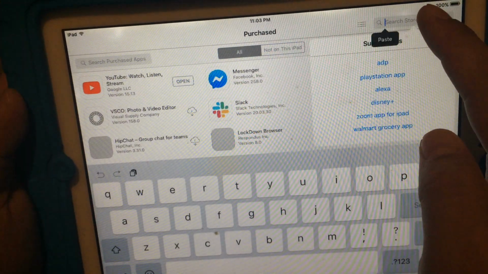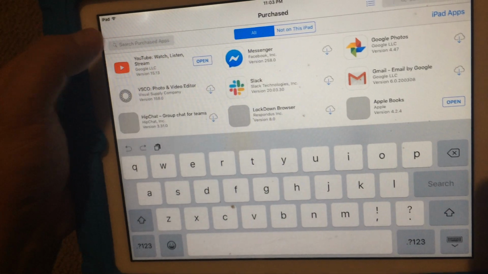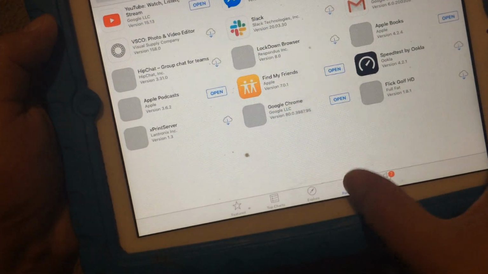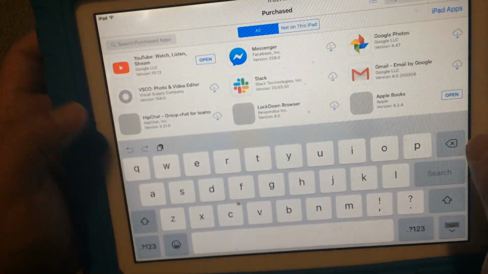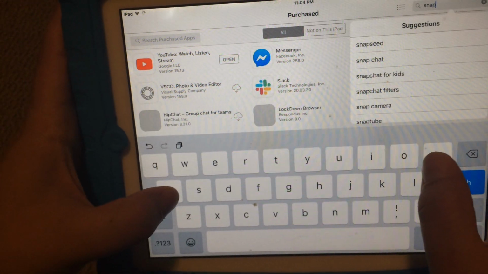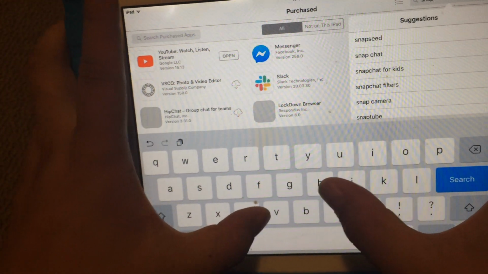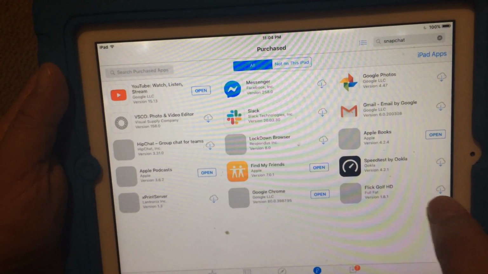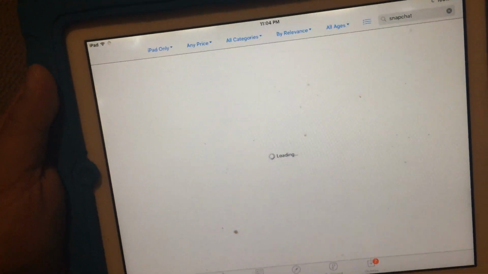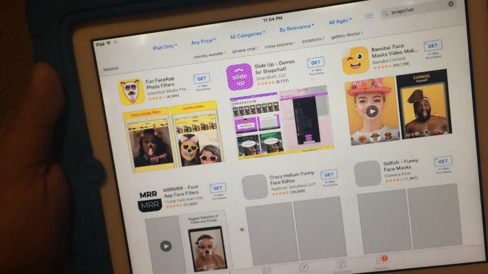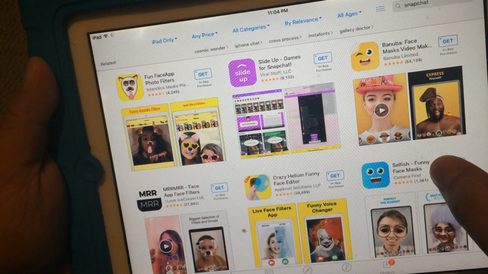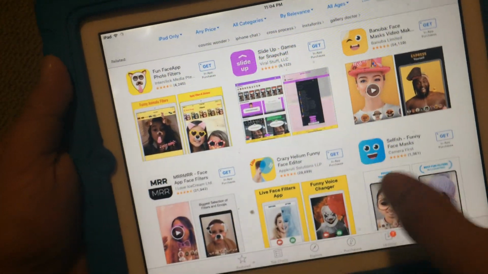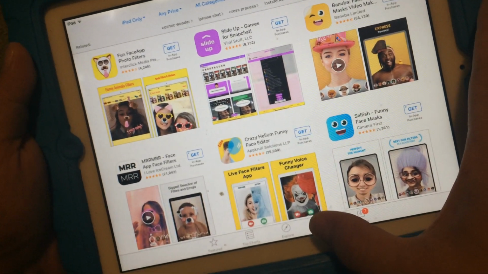and I search for it under purchased. So right now I kind of shortcutted over here, click on purchased and Snapchat. Well, first I'm searching for Snapchat. It doesn't have it, it probably won't even show me Snapchat at all because it's not even available. The other thing is, if I go back to purchased,